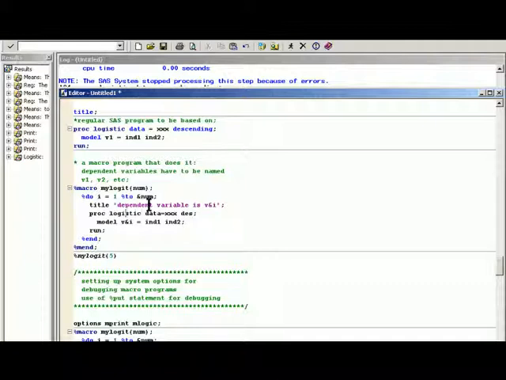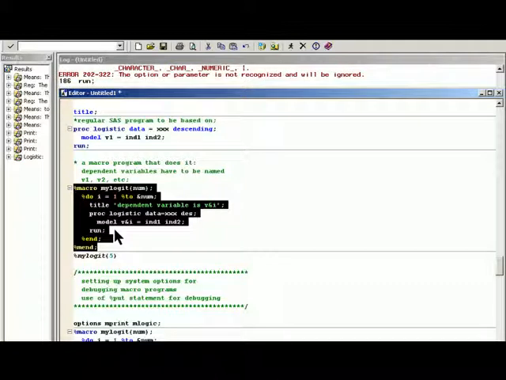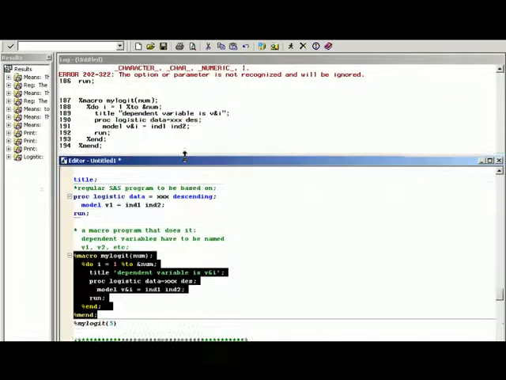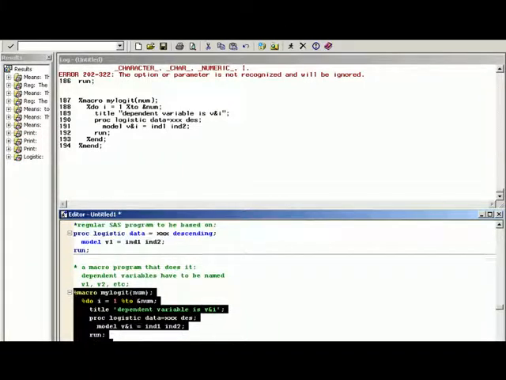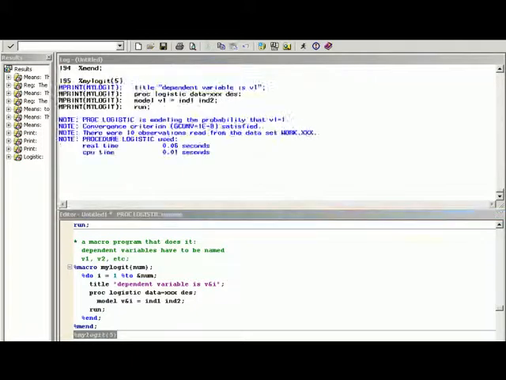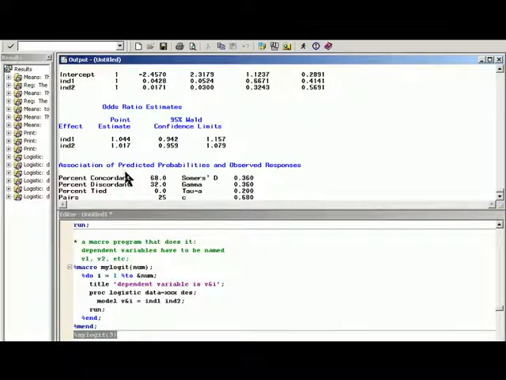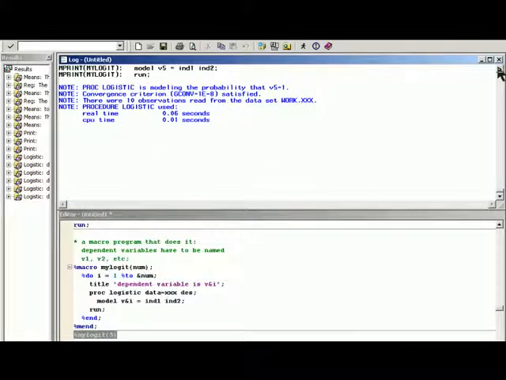So this will do this for however many times we specify num to be. If we specify 3, it will do v1 up to v3. Down here, we're going to pass in 5. So if we first define this macro, and then I'm going to scroll this down a little bit here, and then scroll this down here, and then if we run it passing in 5, ooh, it just ran and ran and ran and ran. And now if we look at the log file here,